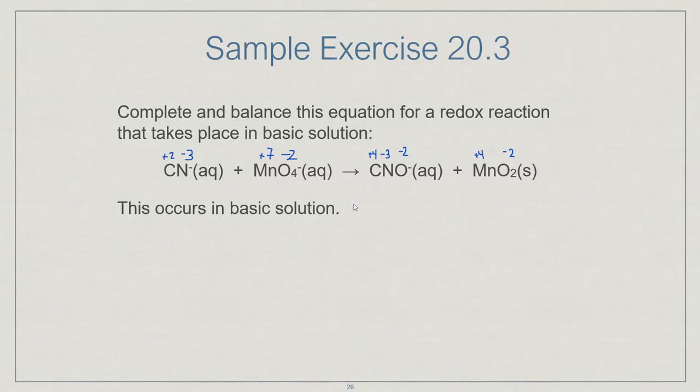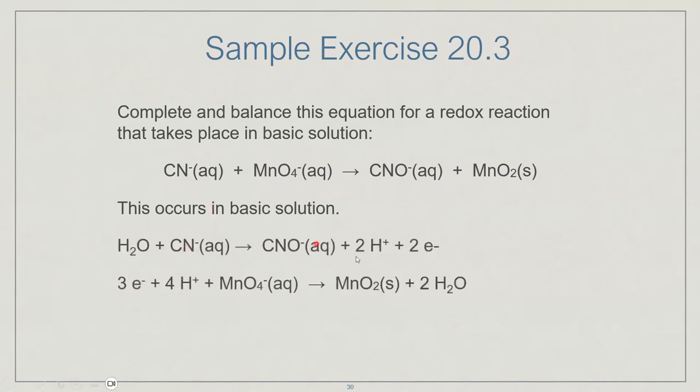So with this one, we just saw that the carbon is going to be oxidized. The manganese will be getting reduced. So we can focus on those as our half reactions. With the carbon piece, the cyanide going to CNO minus. We've got to balance the oxygen here. So we've got one on the right, we need one water molecule on the left, which means we need 2 of these hydrogen ions,